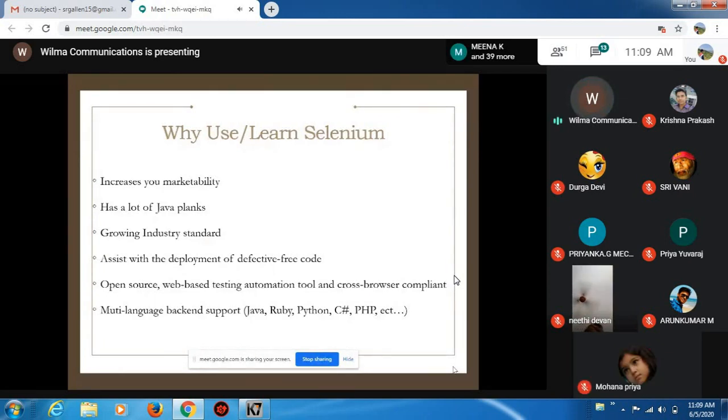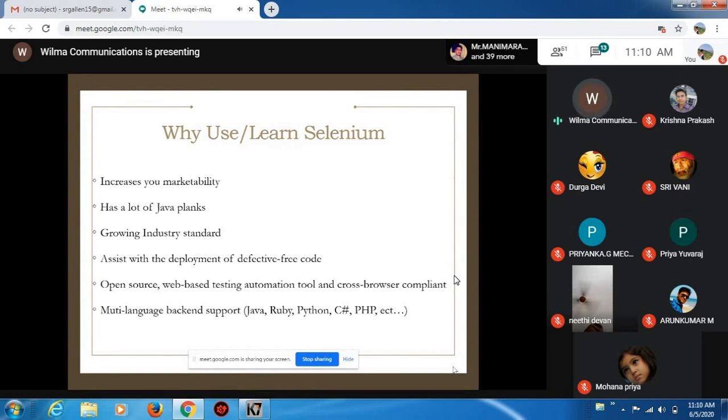So depending on the programming language platform which the tester is comfortable with, we can write the test cases on that particular platform and validate your project. So why do we need to learn Selenium?